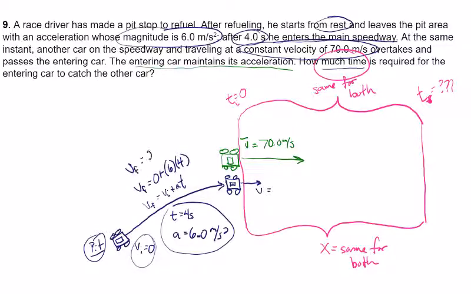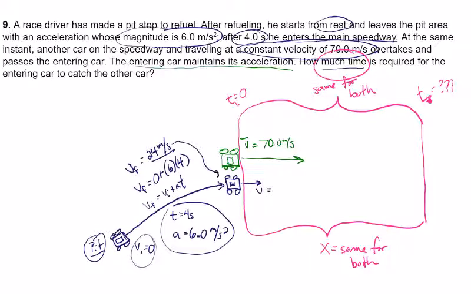And VF would be 24 meters per second. Now, that's the final velocity of you leaving the pit and going onto the raceway. But now we're moving on to this pink section over here where we just care about being on the raceway. So it's a VF here, but